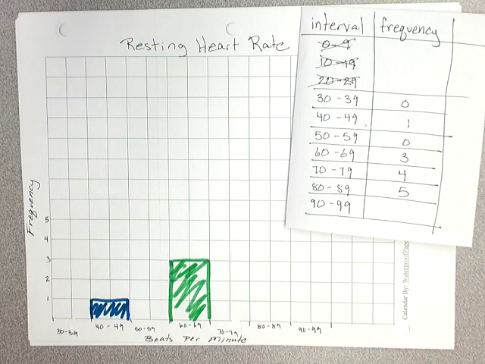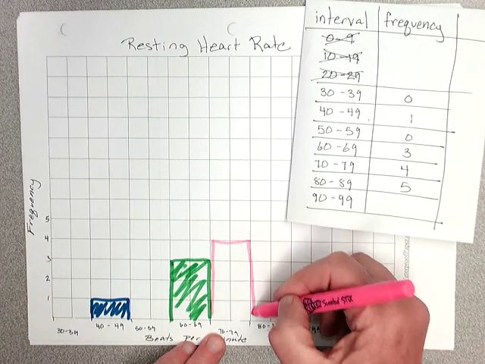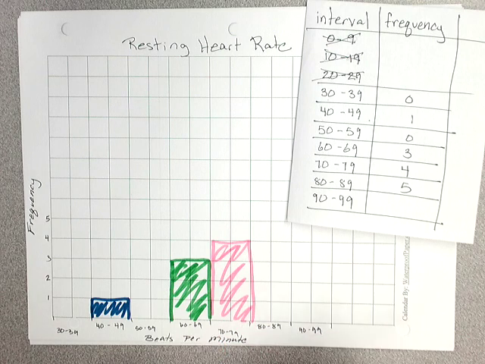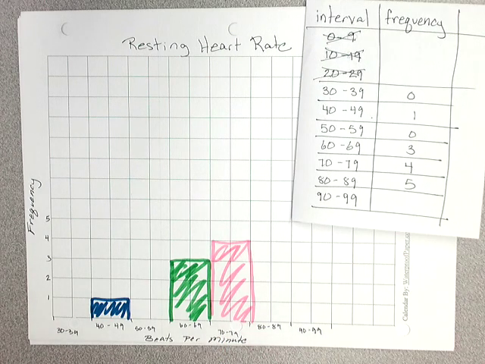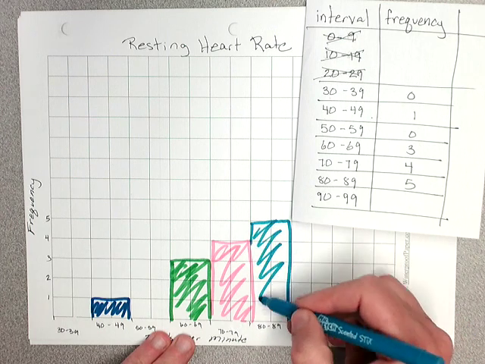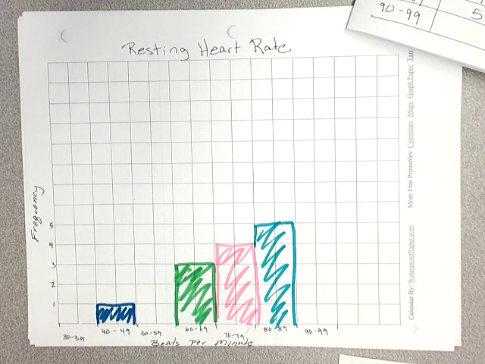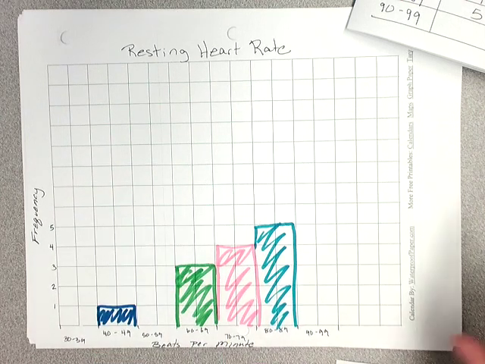In the 70s, I've got 4 points. And then the 80s, there are 5. And that is all. There is my histogram. I'm going to check that it's labeled and that it's readable and call